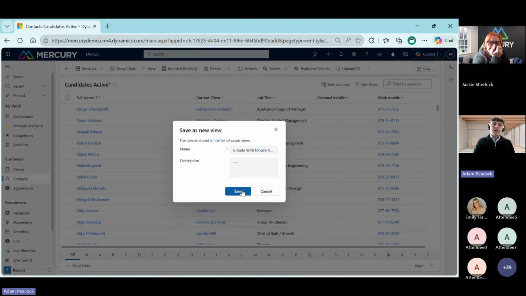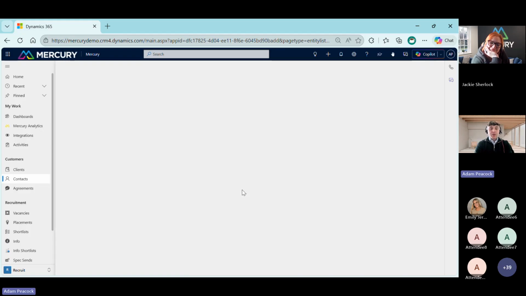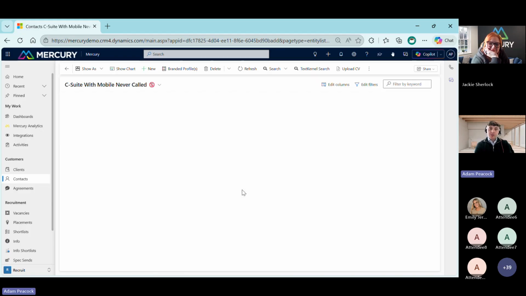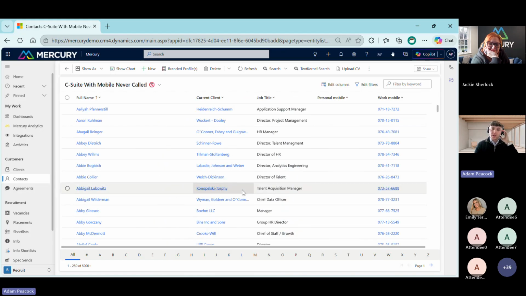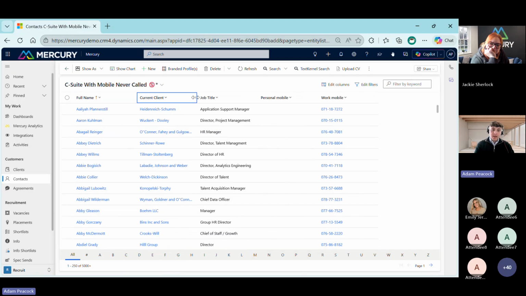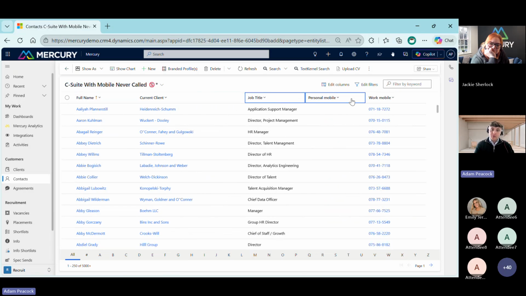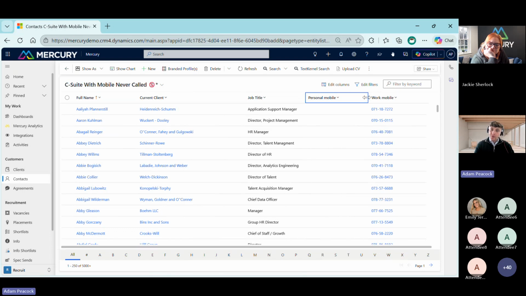And you can save that. So now when you see it as a view, it isn't just here's a load of contacts. It's really simple: C-suite with mobile, never called. Now you can get this even neater. We can take certain parts of the list, expand it. We can move things around from within here. And then once we're happy with it, we can just save that out and share that with the relevant teams